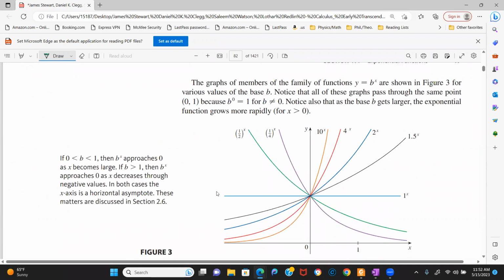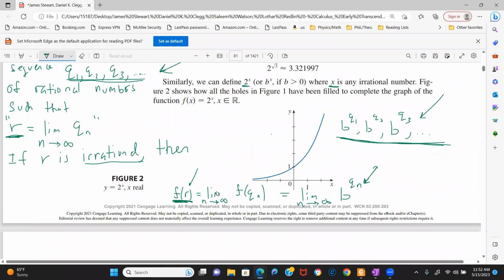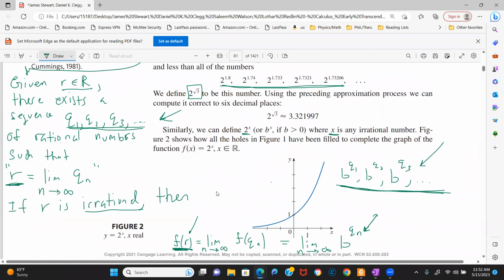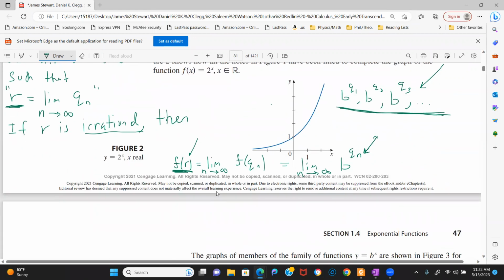All right, so that's how you define that. And all of these ideas are at the foundation of calculus. You cannot define this function without using ideas from calculus and talking about limits. Again, all of this should be in quotation marks because technically we haven't defined what it means to take a limit, but hopefully it's intuitively clear what a limit is. It's like you have this sequence of numbers,